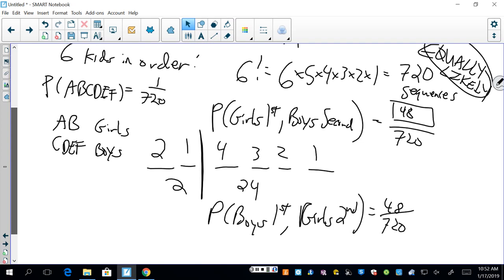Either one of these scenarios works, right? 96 out of the 720. So if the outcome we're interested in can be satisfied one way or the other, we can add those together. In this case, there's no overlap between those two. Right? So the probability,